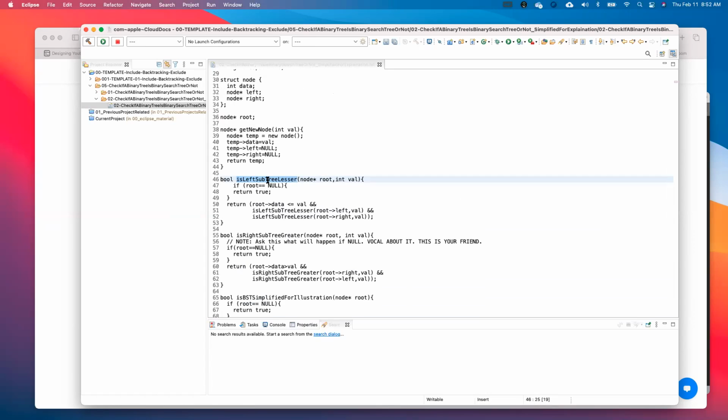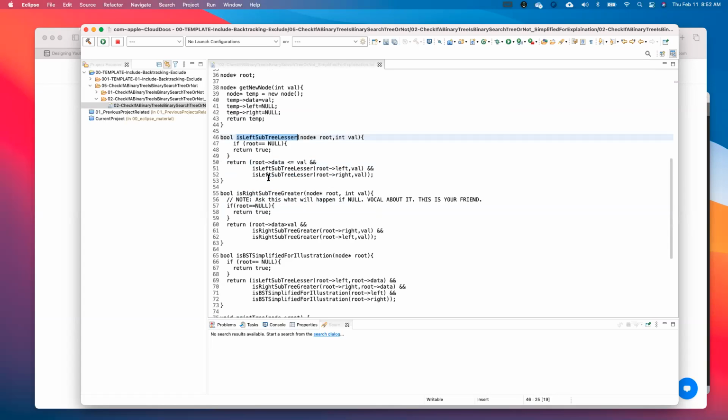If you go to the left side, we will talk about the right side as well as the left side, and we should also be matching the values, right? Every value should be lesser than the root value. Similarly, it's vice versa. Now we are comparing the right side of it.